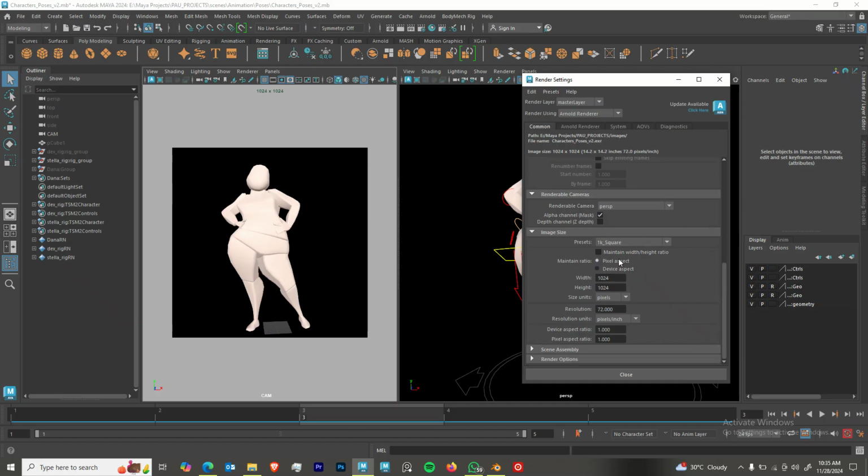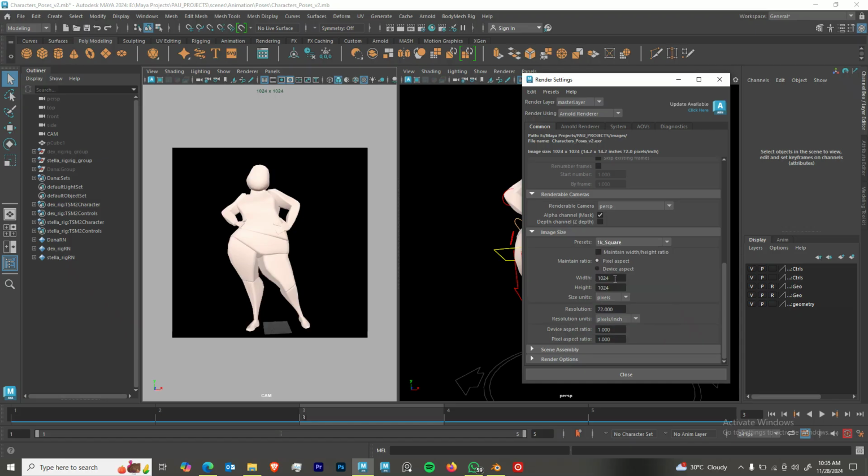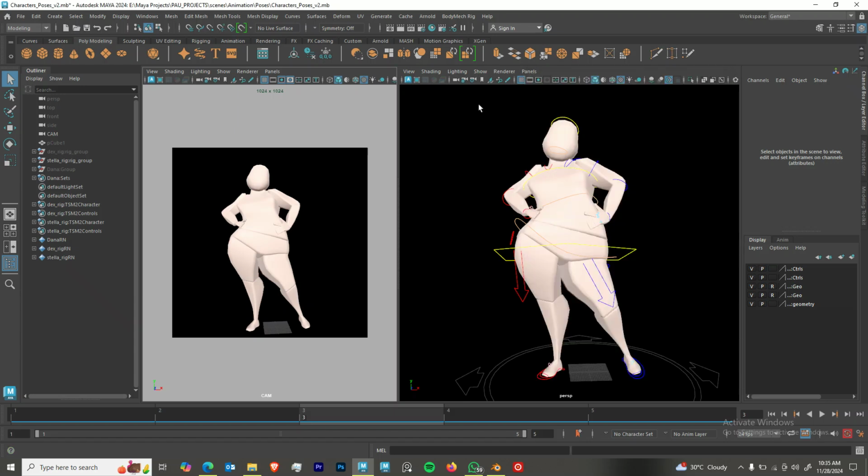You scroll down to image size, click on the drop down, and you should pick 1K square. For yours currently it should be on HD 540, should be this or this. Just click and pick 1K square, and then you have it, and you can just close this window,